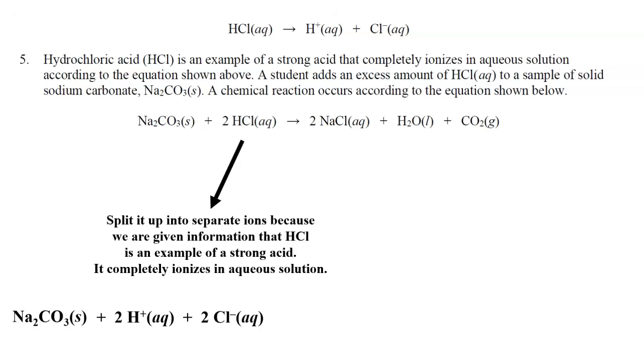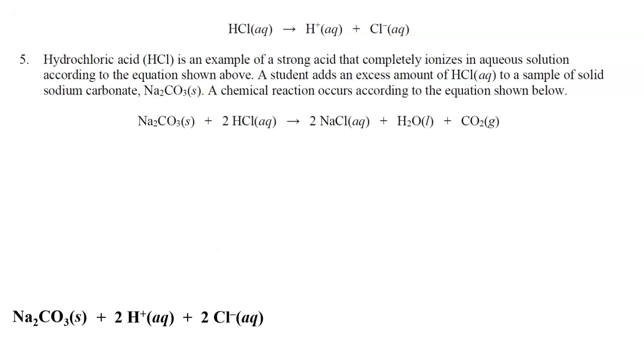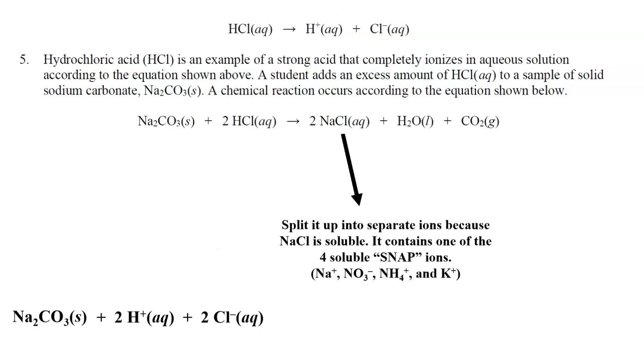The first one is sodium chloride. Now it's already in aqueous form. We know that sodium is one of those 4 soluble SNAP ions. We know it's soluble. It's definitely going to be split up into separate ions. So for aqueous ionic compounds, they'll be split up into separate ions. I see a 2 in front of the NaCl. So when I split it up, it'll be 2 Na plus ions that are aqueous and 2 Cl minus ions